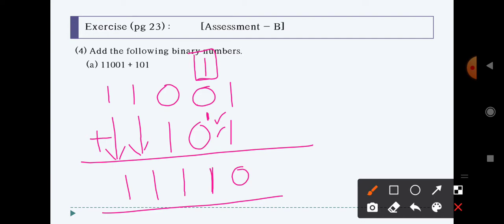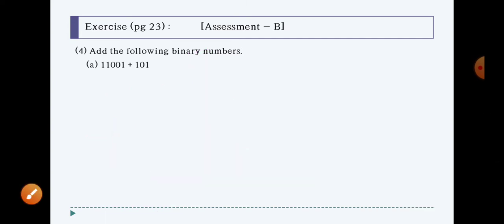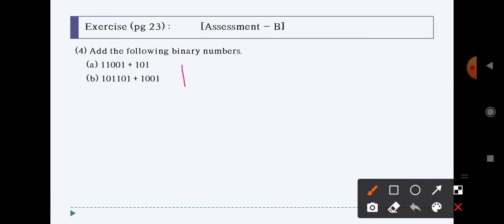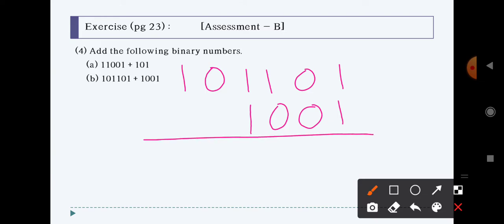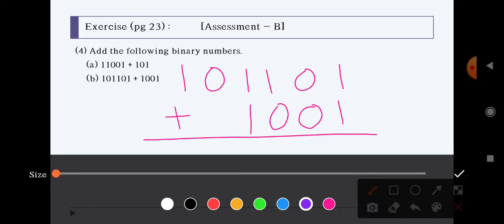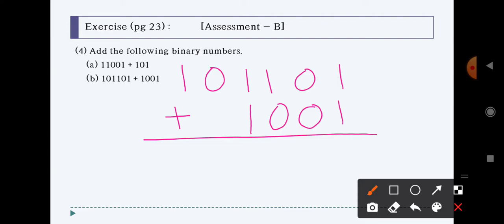Fine. After that we have this B portion also. You see the B portion, it is 101101, and we have to add on 1001 to it. So let's write down the question, 101101, and you have to add on 1001 to it. Okay, now let us solve this one. See, firstly we have this one. So 1 plus 1 is going to give you 0, and you will be having a carry of 1. Fine. After that make a pair of 2. We have 1 plus 0, it is going to give you 1, and then this 1 plus 0 is going to give you 1 again.